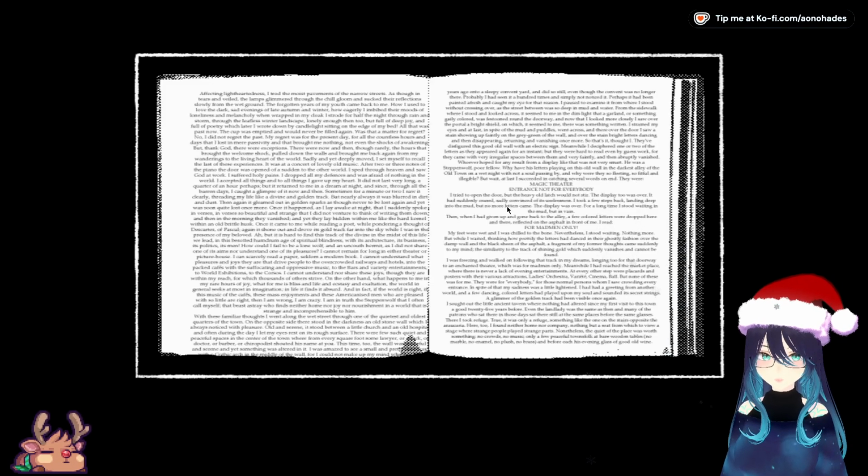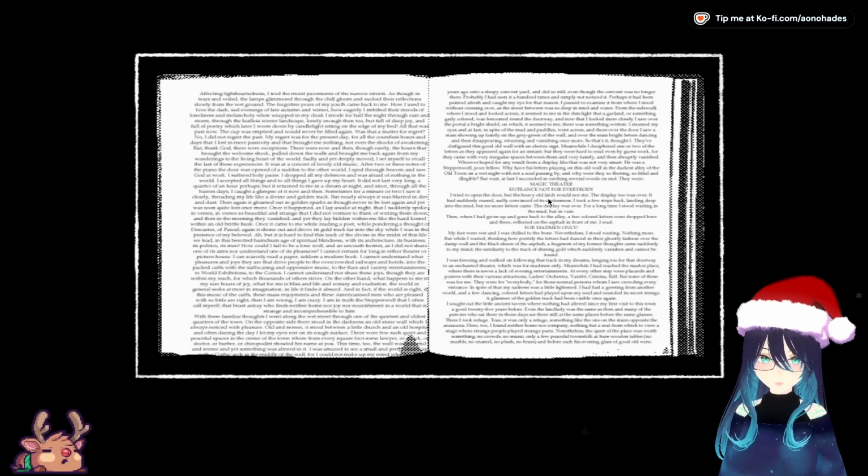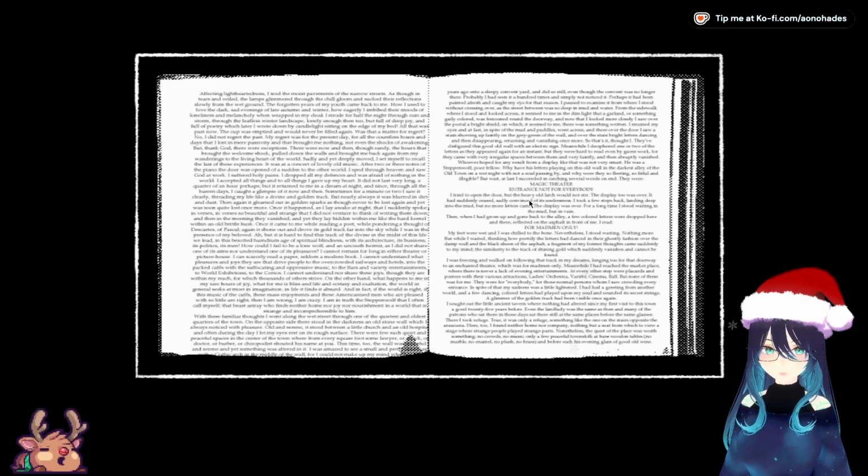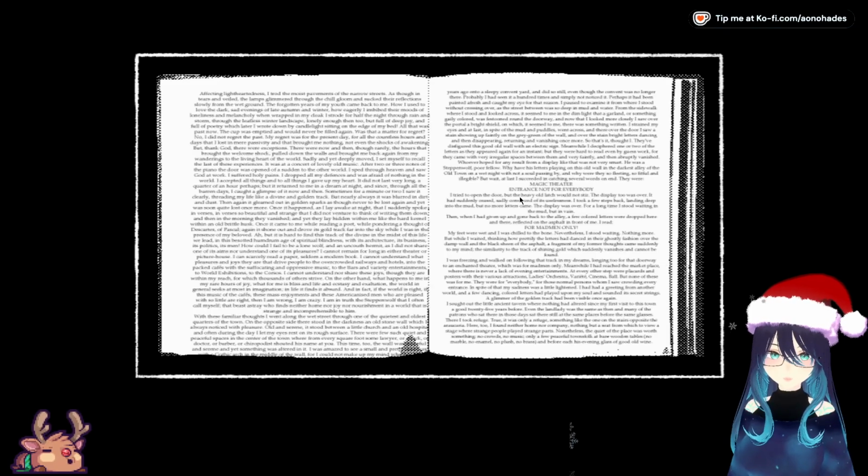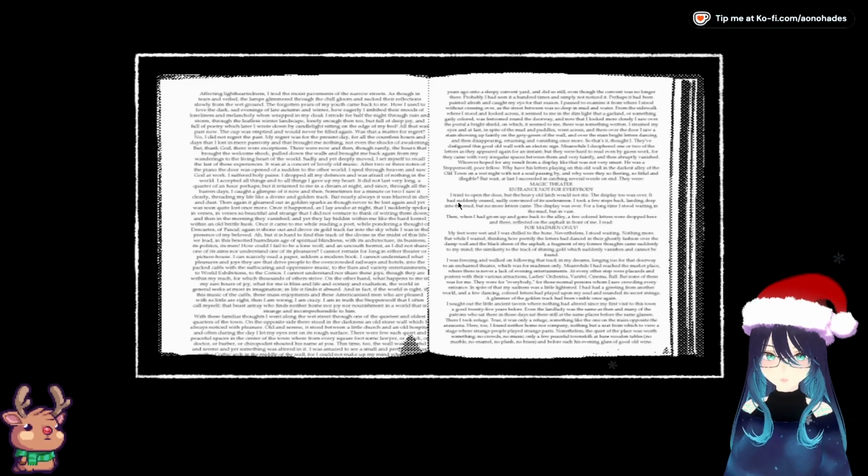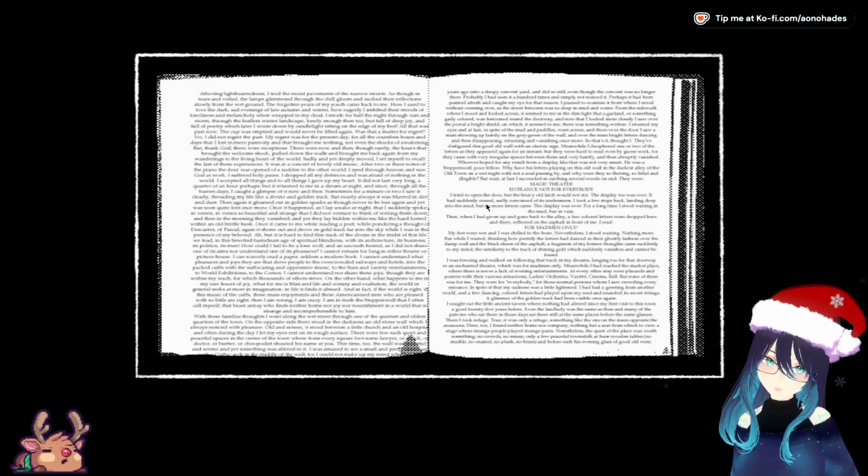They were: Magic Theater. Entrance not for everybody. I tried to open the door, but the heavy old latch would not stir. The display too was over. It had suddenly